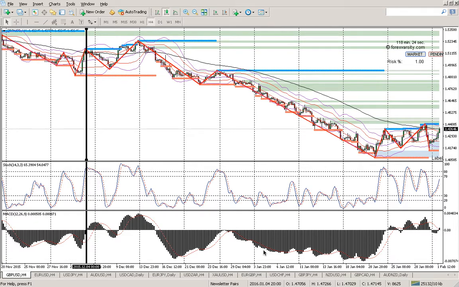The MACD can be used to see overbought and oversold areas, like in the stochastic. But the stochastic is mainly well known for ranging markets, whereas a MACD can work in any kind of market. Okay, so I'm going to show you ways in which you can use the MACD now,